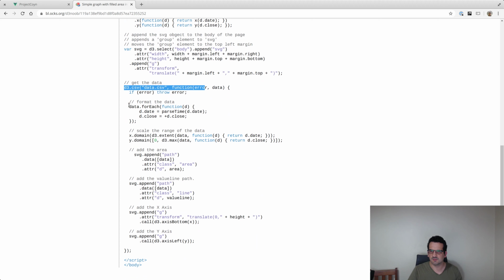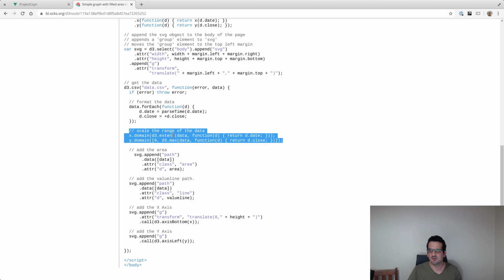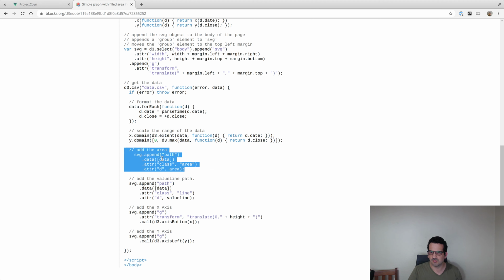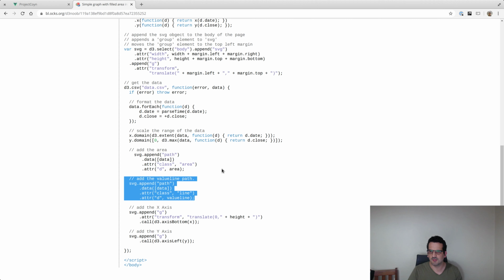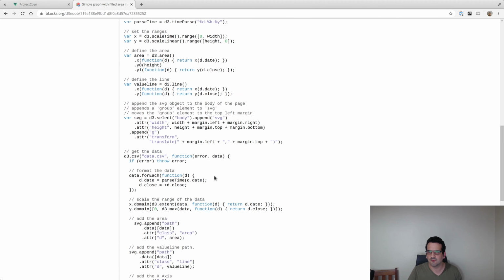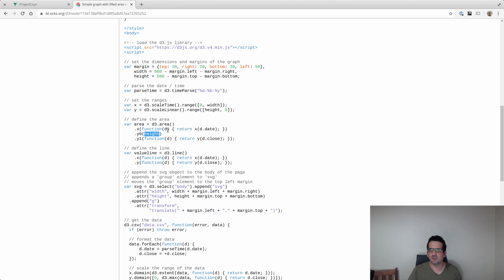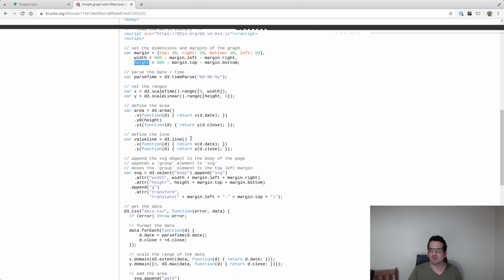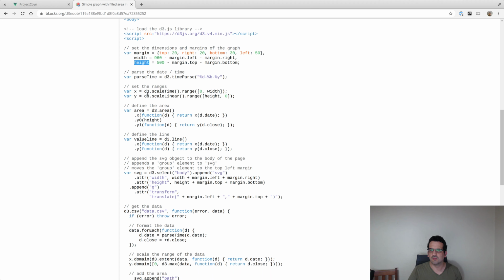So this gets a CSV data. This just transforms the data into something a bit more friendly for D3. This gets the scale for it, appends the path for the area, and then the path for the line. Let's see what the line value says. So line is that and that, and y.0 is the height, which seems correct. So the y that we get here is scale linear from range 0 to